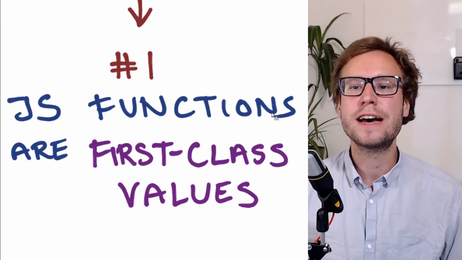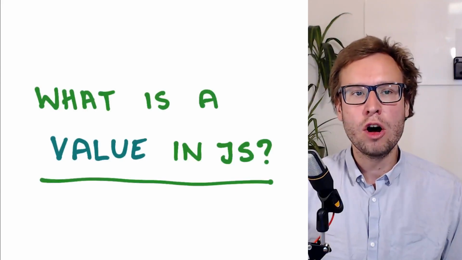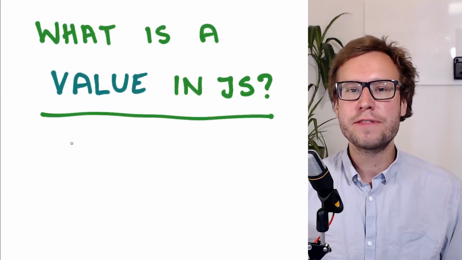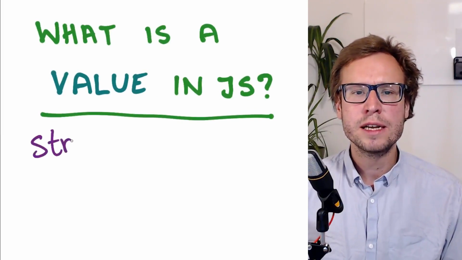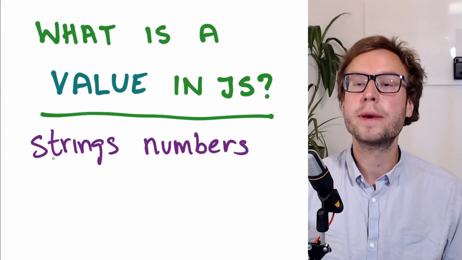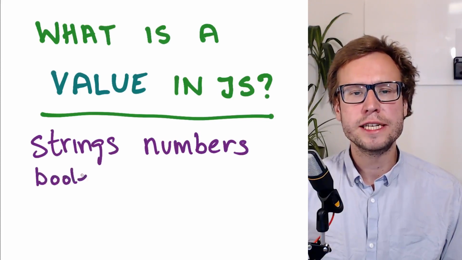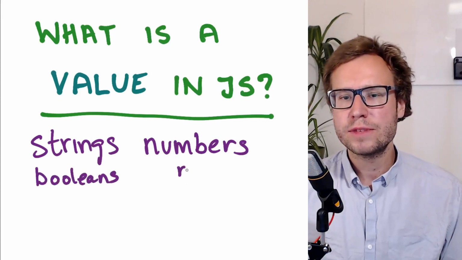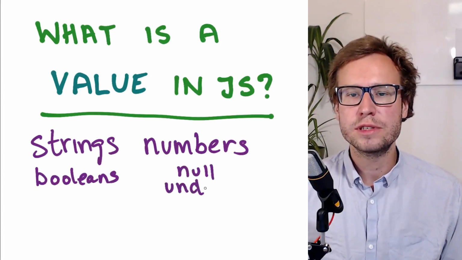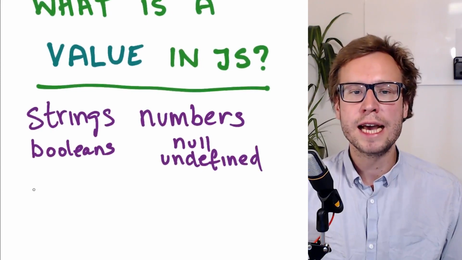What does that mean? What is a value? What is a value in JavaScript? Well, all that the word value means is the kinds of things that you manipulate. So, we're talking about strings, we're talking about numbers. These are the basics, the basic values. We also have booleans, and I'll put a quick mention of other types of sort of constant-like values like null and undefined. But maybe more interestingly, we have arrays,